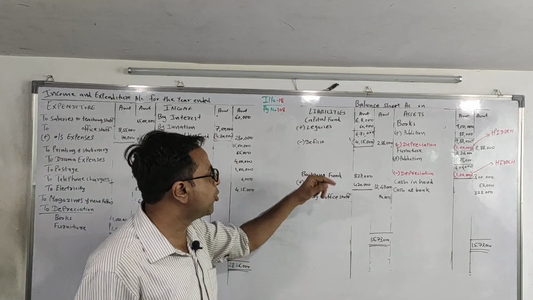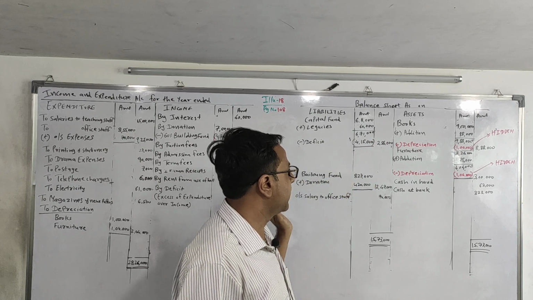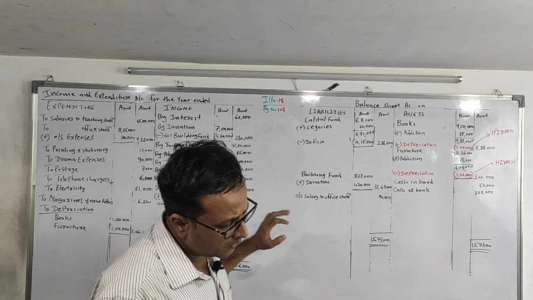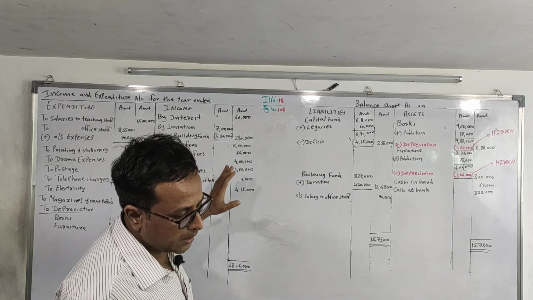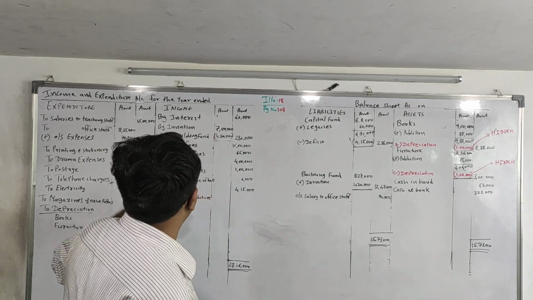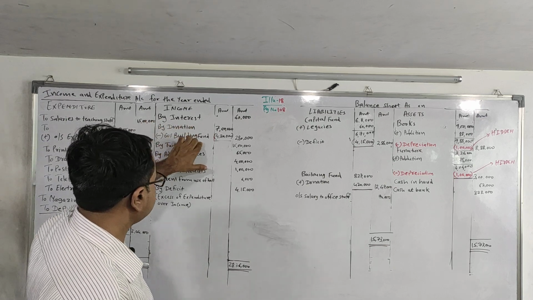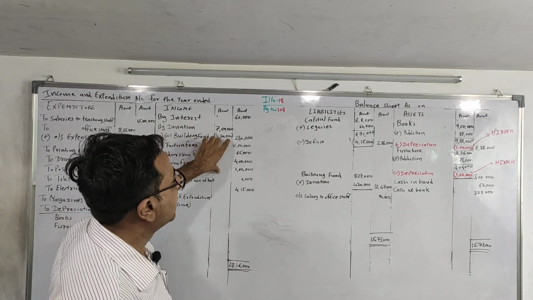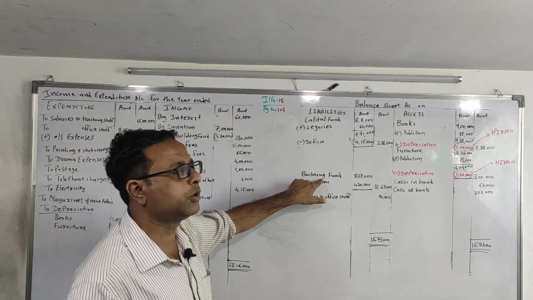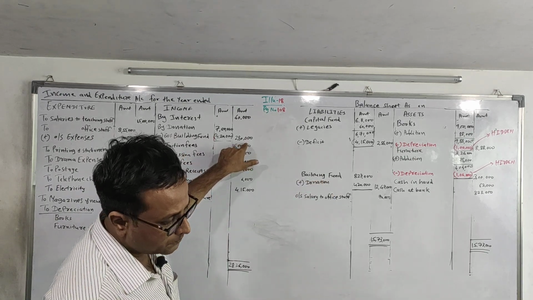For building fund they have put a question mark, and for capital fund also a question mark. So it's adjustment on that. We'll do the adjustment, so we'll get the outer column amount. 60% of donation are for building fund and balance is to be treated as revenue income. So of total donation, we'll transfer 60% to building fund, which comes to 4,20,000, and we'll add it to the building fund and not to capital fund, because it is to be added to the building fund, and the balance amount will be in the outer column.